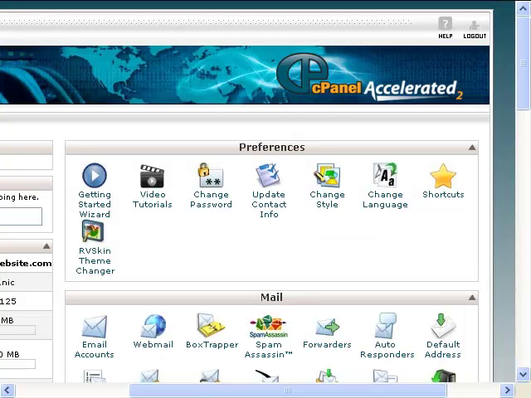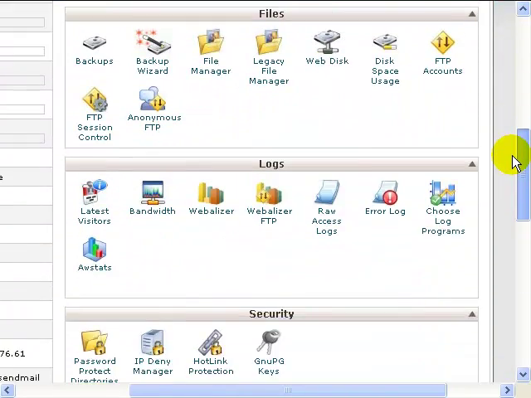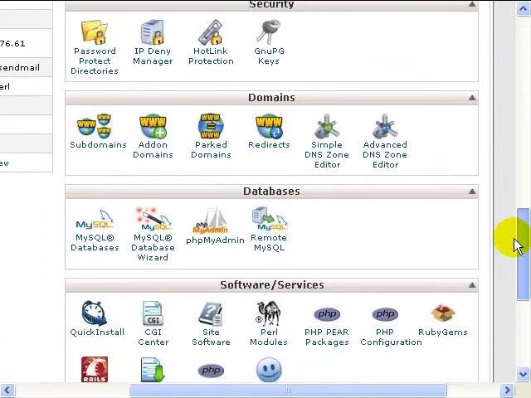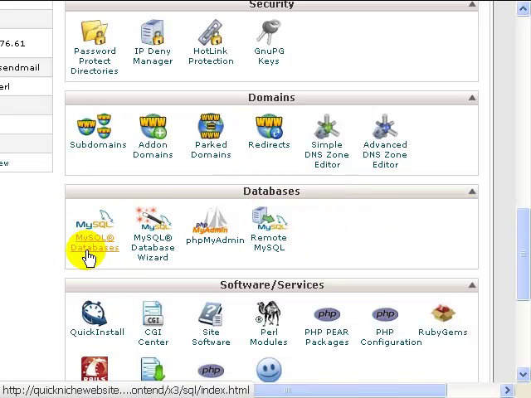Now before we can complete our migration to our new server, what I did was I logged into my new cPanel. So once I log into my new cPanel, I'm gonna scroll down until I get to the section called databases. Okay, what I want to do is I want to create a new MySQL database. So click,